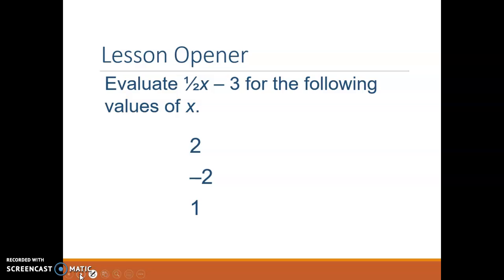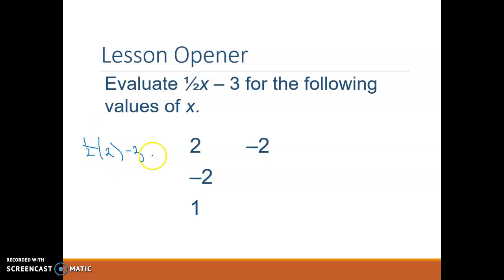So let's start with this. Evaluate 1/2 x minus 3 for the following values of x. Hopefully by this point you know what that means: you need to plug and chug or use some substitution. Remember that when you substitute in a value into an equation for a variable, be sure to use parentheses. So when we substitute in 1/2 times 2